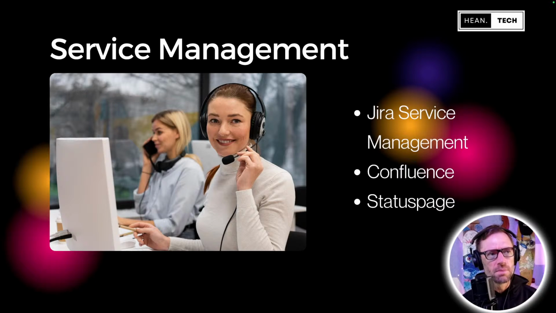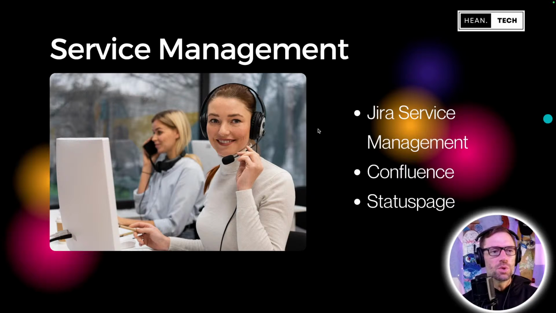But most people will be seeing Jira Service Management because they're going to go into a portal and put in a ticket because they can't log into something, or they need help from HR, or they can't get into their computer. I didn't start with service management. I started with Jira Software, what they now call Jira. But many people today that I work with, this is their only exposure to Jira: Jira Service Management, and maybe Confluence. Now, this third one, Status Page, you have probably seen and not realized it.